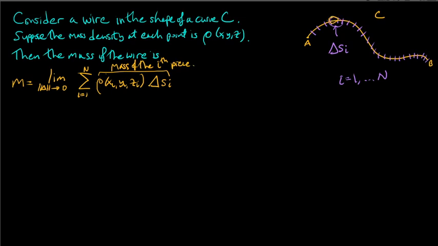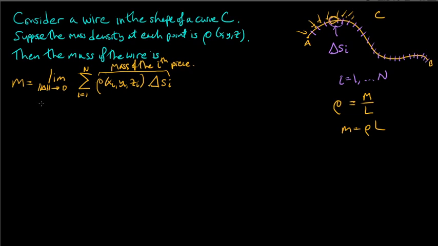So just that little piece right here, that's the mass of that piece. It's the length, delta s_i, times the density, because density is just the mass divided by the length. So if you multiply by the length, in this case delta s, you get the mass. Okay, so now just take all the pieces and add them all up. Add the mass of all these pieces, and there's n of them, so we do a sum going from 1 to n. That will be the approximate mass, but if you want the exact mass, you take the limit